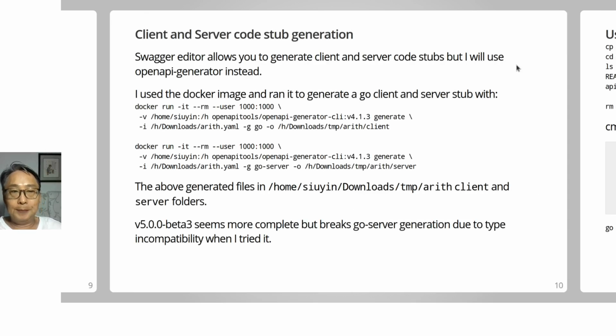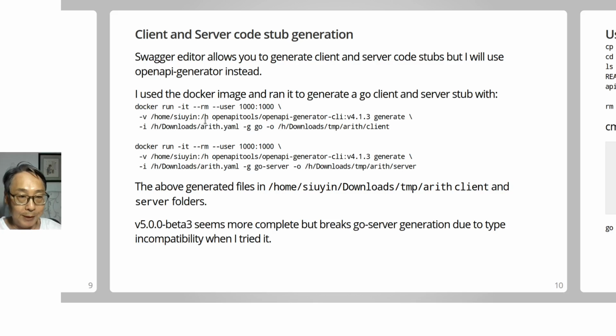The Swagger editor is very powerful. It allows you to generate client and server code stubs within the editor itself, but I will use an open source project called OpenAPI-generator instead. The OpenAPI-generator provides Docker images, and I'm using version 4.1.3 to generate the client as well as the server stub. If you run these commands, you will find generated files in my case, my home directory, downloads, temp, arith, because it's marked here